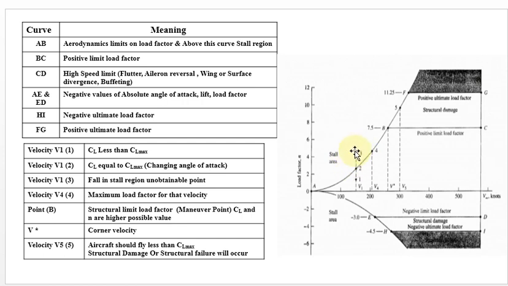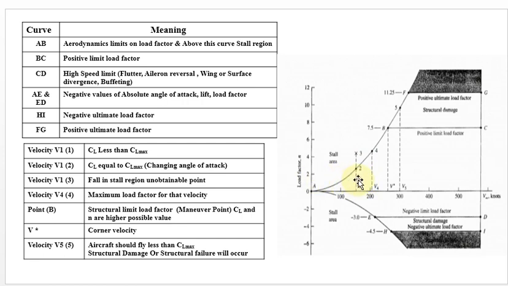Our ultimate aim is to obtain the maximum load factor for the corresponding velocity V1. We should fly at CL max only at that particular point. We should not go beyond the CL max point; once you go beyond it, you fall under the stall region. So this is the CL max point for the particular aircraft. Even if you fly at less than CL max, that is point number 1, you may not reach N max. We need to reach N max.